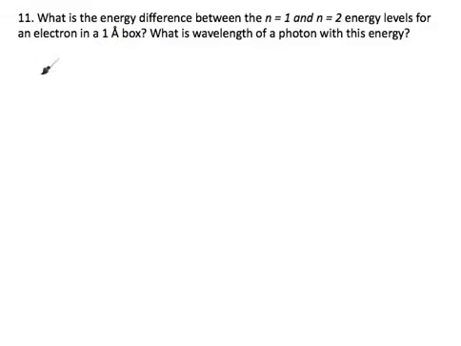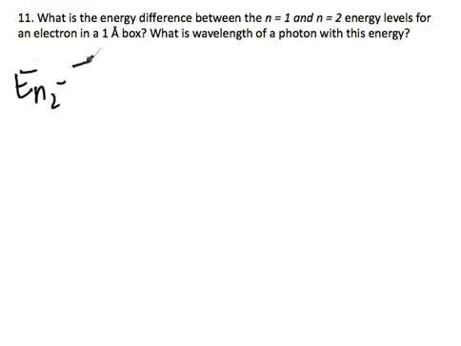For question number 11, we need to calculate the energy difference between the first and second energy levels for an electron in a 1 angstrom box. Then we need to calculate the wavelength of a photon with this energy. So to approach the first question, we can just use the equation